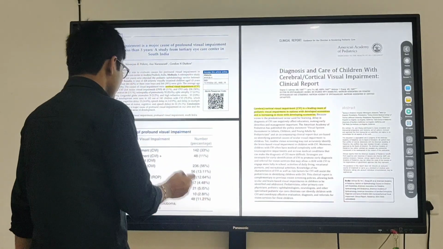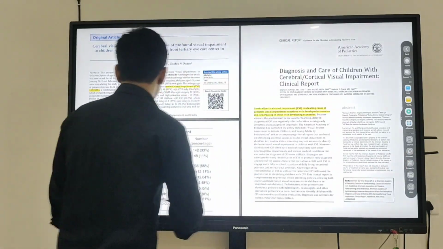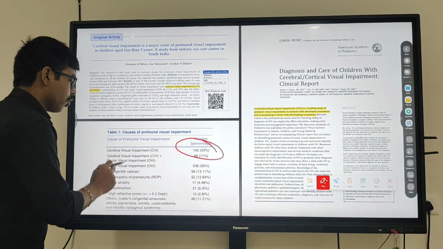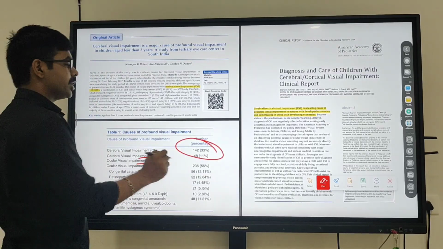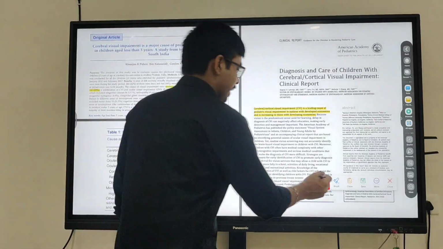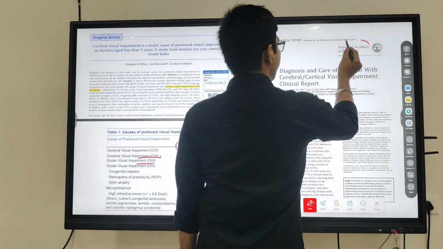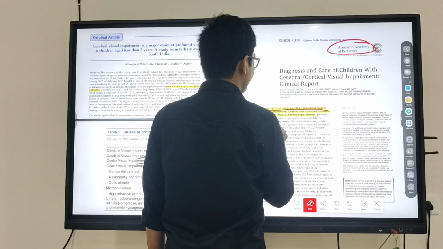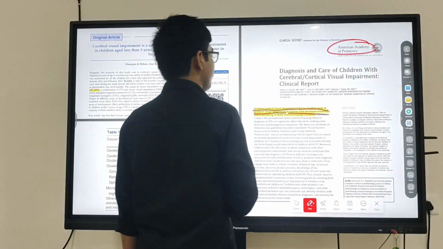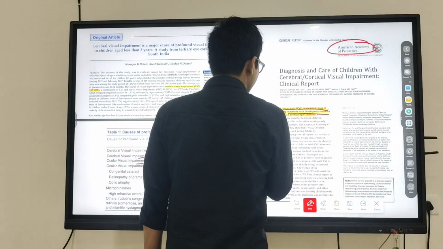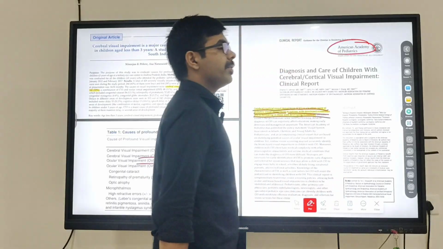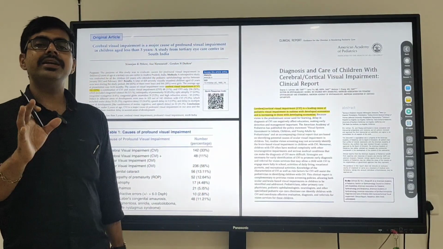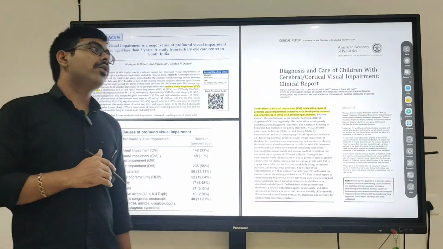Next, we can see that in South India, 33% of the children were having cerebral visual impairment, and ocular visual impairment with cerebral visual impairment associated accounted for 11% of the cases. And then according to the American Academy of Pediatrics, cerebral or cortical visual impairment is a leading cause of pediatric visual impairment in nations with developed economies like USA, UK, and is increasing in those with developing economies like us, India. So now I think you got a major reason why we should know about